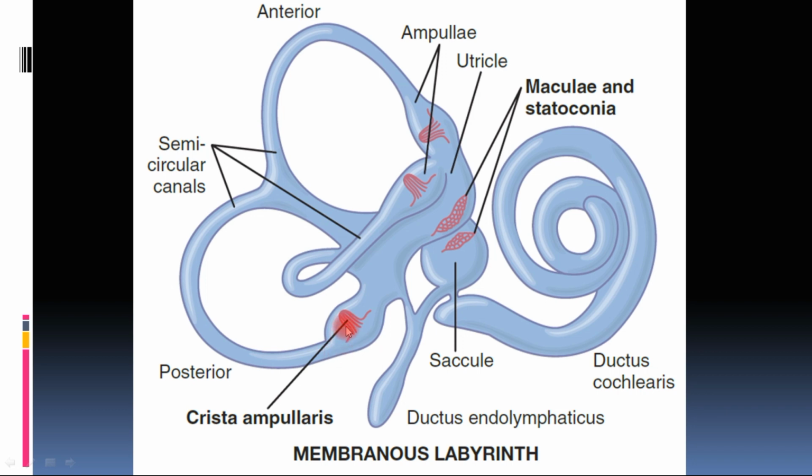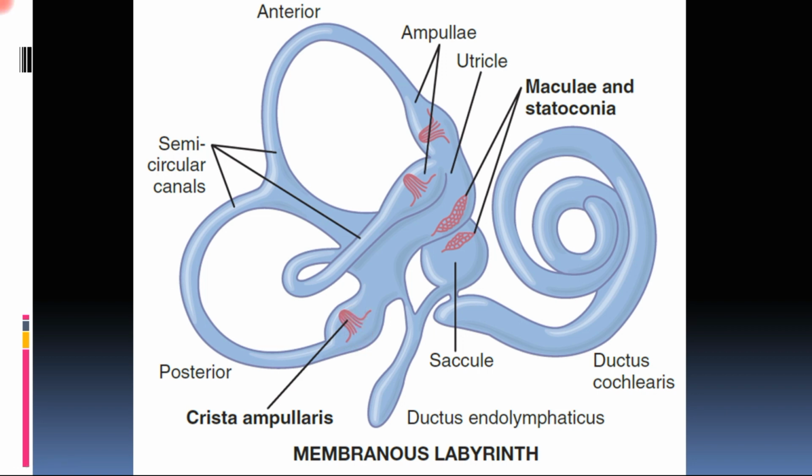So this is the sensory receptor in case of semicircular canal. When we see the large chambers in the membranous labyrinth, the first is utricle and the second is saccule, and these also have the sensory receptor that is called macula. So the macula is the sensory receptor of utricle and saccule, and the crista ampullaris, which is present in the ampulla of the semicircular canal, is the sensory receptor for the semicircular canals.